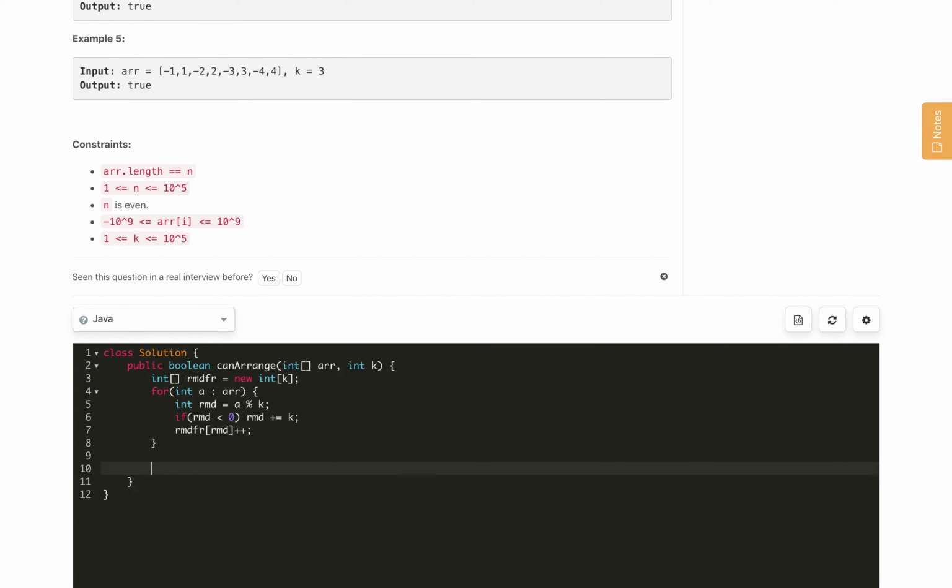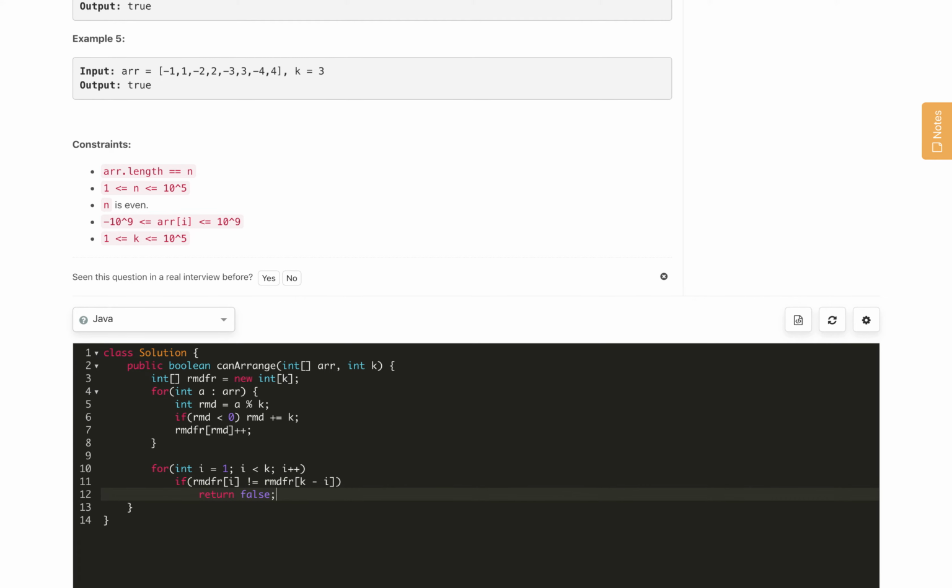Once we are done with that, we iterate again from int i equal to 1, while i is less than k, i plus plus, and check if the remainder frequency of i is not equal to the remainder frequency of k minus i, then we return false.